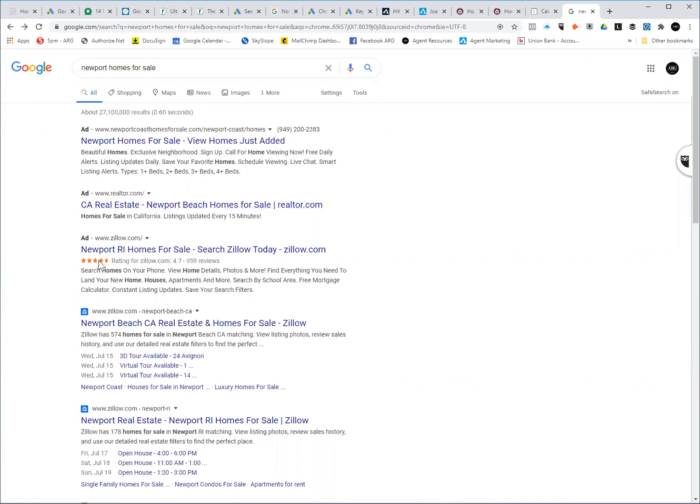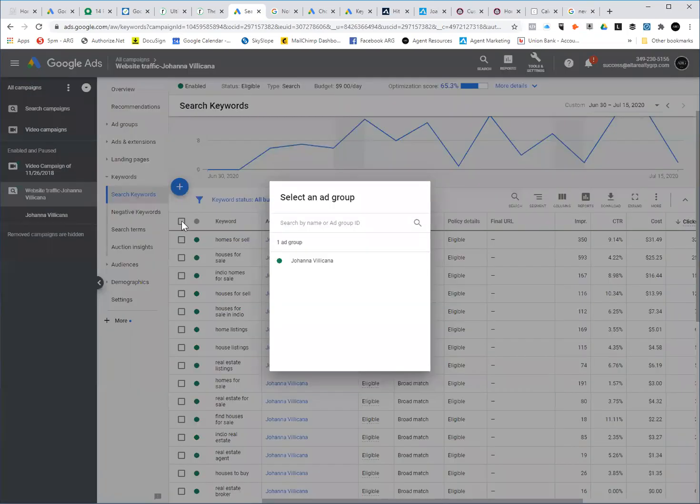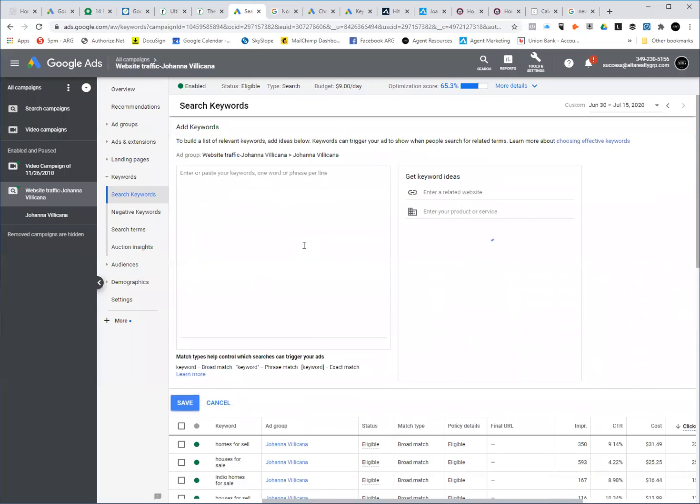So this is exactly what we're talking about. This is the real estate on Google that we get to basically get. Let's go to our example again. If we wanted to create an ad, we would click here. And I know your name is spelled wrong, Joanna, but it's just the ad name. It's all spelled correctly in the actual ad. So if we wanted to create a new ad campaign, we would go in,